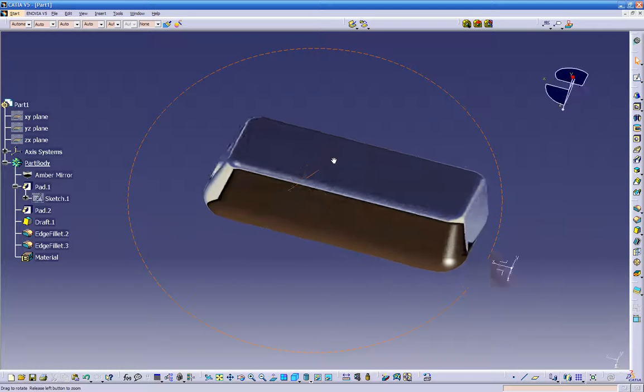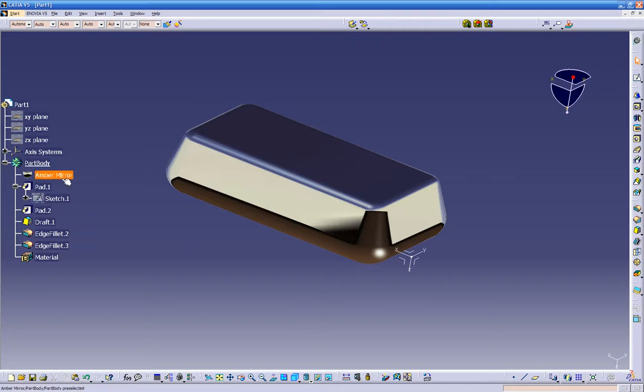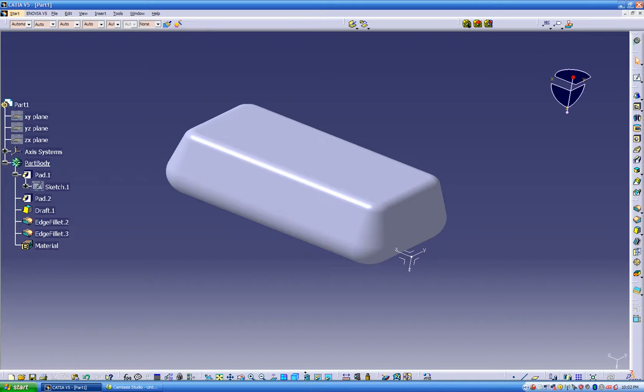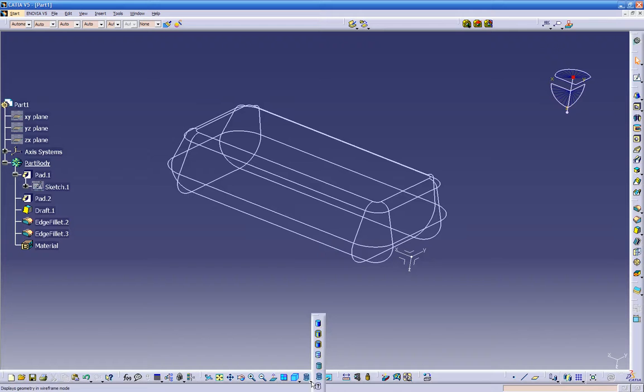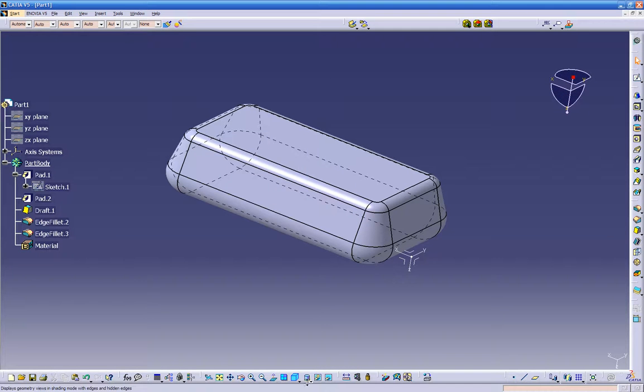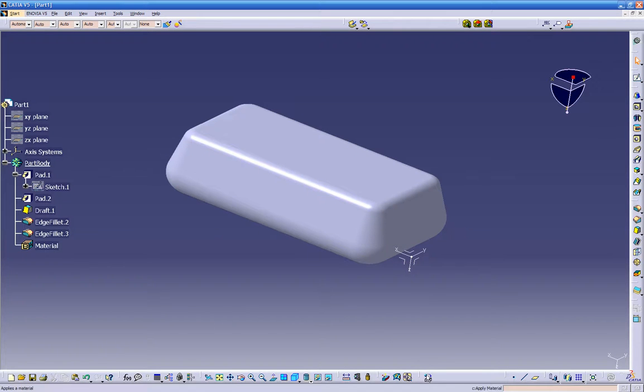Okay, so we can change this to any size we want. So what we can do, we can delete this. We have to make sure that we have this selected on shading with material. So we got the wireframe, we got see-through. This is my favorite one, shading with edges. So we have to make sure we set it up for shading with material. So just click on it, then click on this icon, apply material,